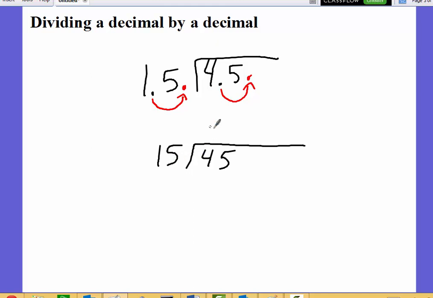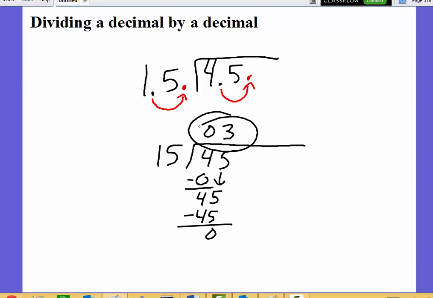15 goes into 4 0 times. Multiply. Subtract. Bring down. 15 goes into 45 3 times. Multiply. Subtract. And I'm done. There's my answer. If you don't believe that 4 5/10 divided by 1 5/10 is 3, you can grab a calculator to check. Okay, my next one